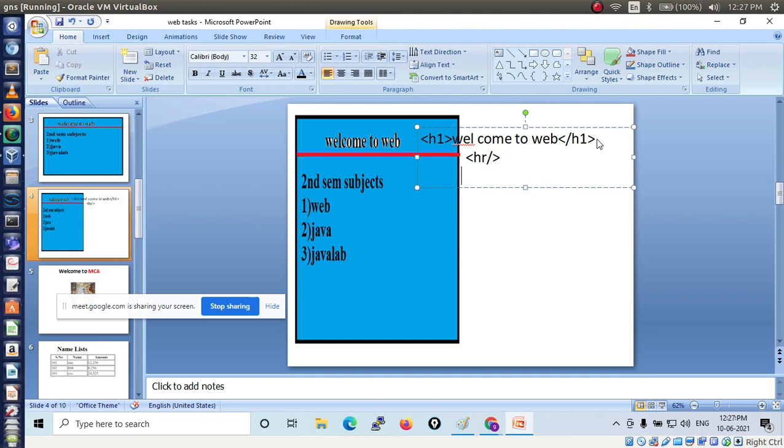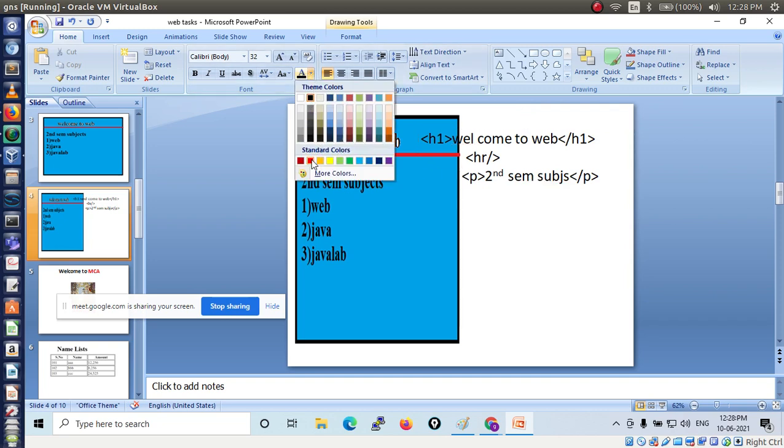Then next you are displaying second sem subjects. Here you have to use p tag, p or h1 whatever it is, second sem subjects, then close the p tag. Now here you have to use the ol tag, compulsory. Here you are displaying in order.